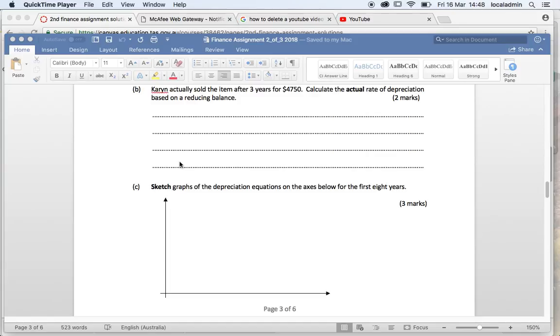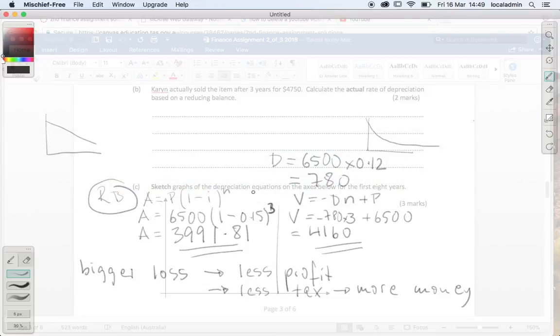So the second question of the second assignment, question B, 2b. Karen actually sold the item after 3 years for $4,750. Look, and then we might still have it here. Let's have a look. So what did we say? We said that it would have depreciated to 4,160 or 4,000-ish dollars, and she actually sold it for way more,